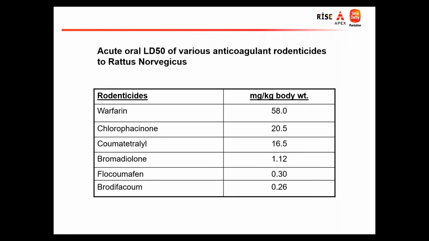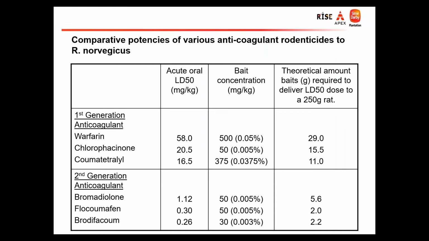Okay. For the first generation poison, you can't do that because the poison is slightly mild, and it's meant to be taken in multiple feedings over a period of time. So that's what Dr. Stevens said just now. So it has to be a shorter period of feeding. But here I saw this tutorial recommending a 7 days interval. Probably the concentration of the first generation is high at 375 ppm, so probably they want to drag it to 7 days, some sort of saving in the baiting. Next slide.